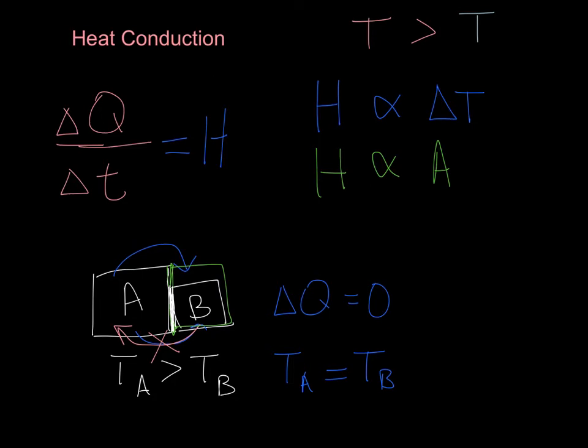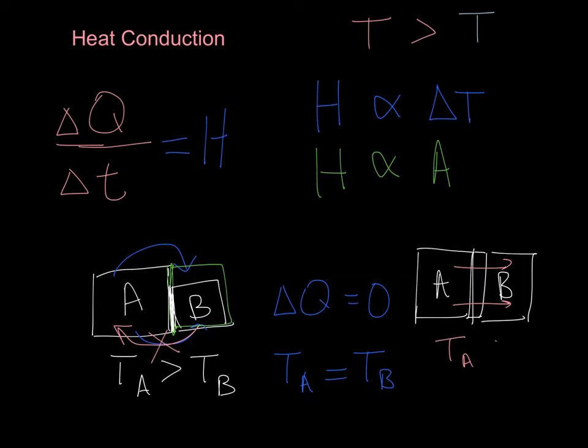Let's consider some other things too, right? Say we had a barrier between these two blocks. Let's make block A a little barrier now, and block B. We're not going to make it super insulated, but there is some space or something between them. Now if T_A is greater than T_B, we know we're going to have net flow from A to B, but will it depend on the thickness of this barrier? You guessed right, it would depend on the thickness.